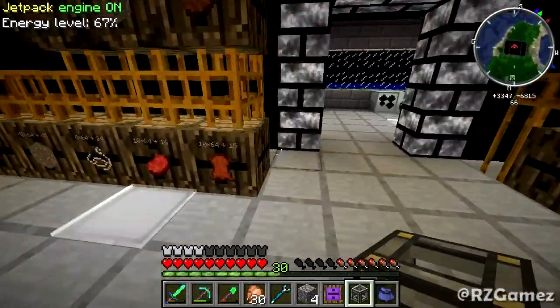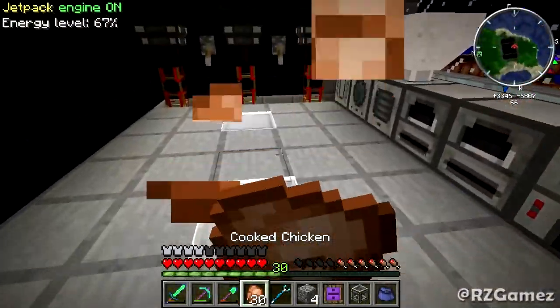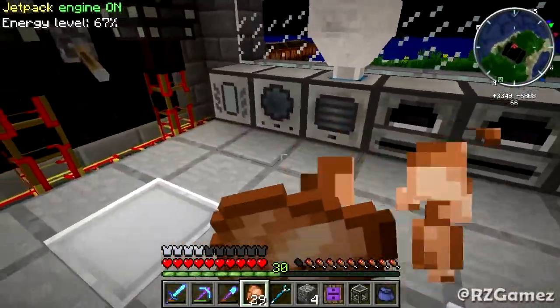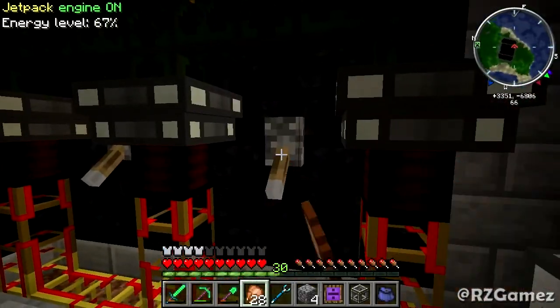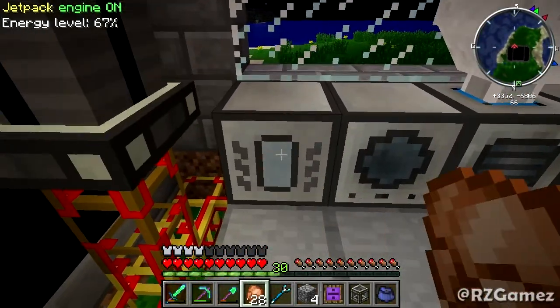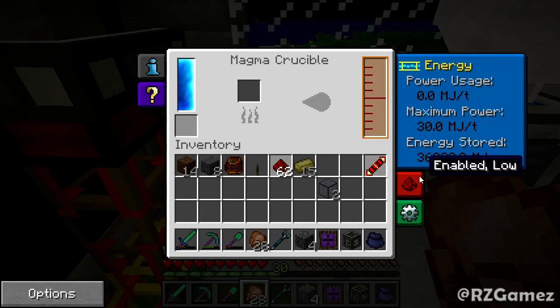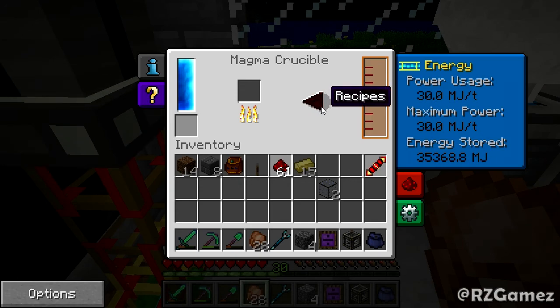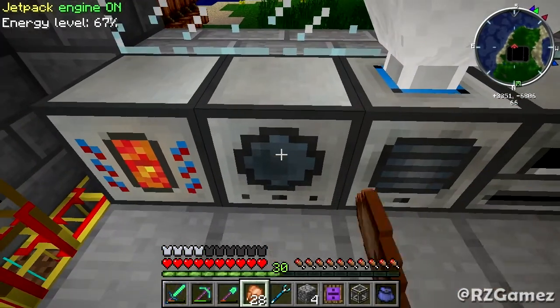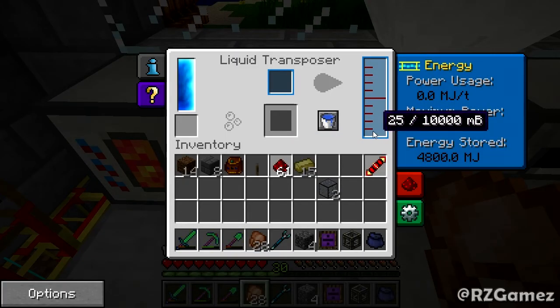Now if we looked at the recipe again, we could see that it required us to put it in a transposer, and it was putting some mysterious red jelly into it. Well, that red jelly, all it is, we're going to turn all our engines on because this requires up to 30 megajoules per tick. And if we put a piece of redstone in here, you can see it actually starts to melt it, and it transfers it over to here, and we've got 25 millibuckets of redstone energy. Now we need 1,000 millibuckets, so we're going to need another 39